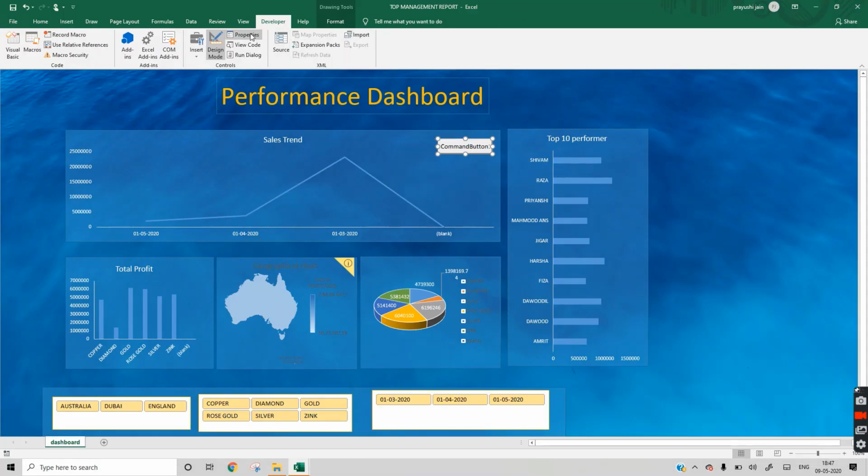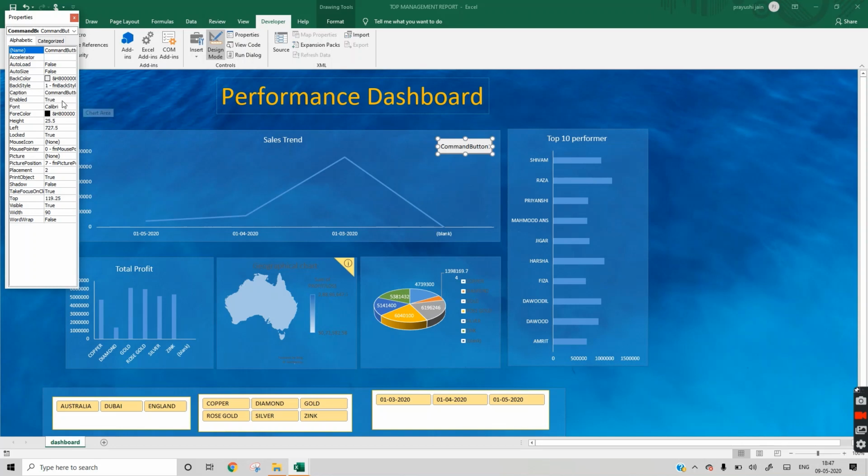Now we will go to its properties so that we can change the name. In this caption, just write the name you want, but I will write Update, and change the color to maybe select this palette and red color.